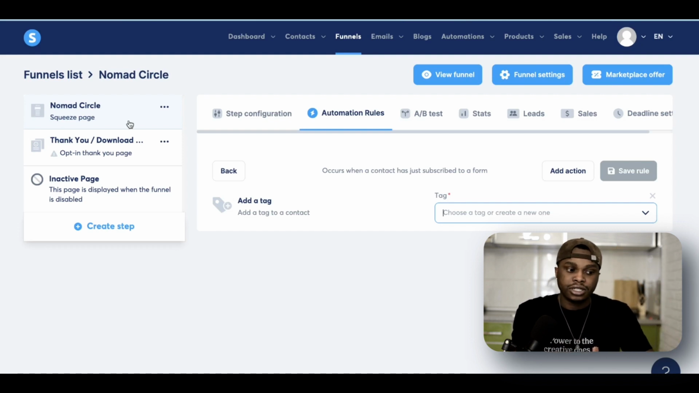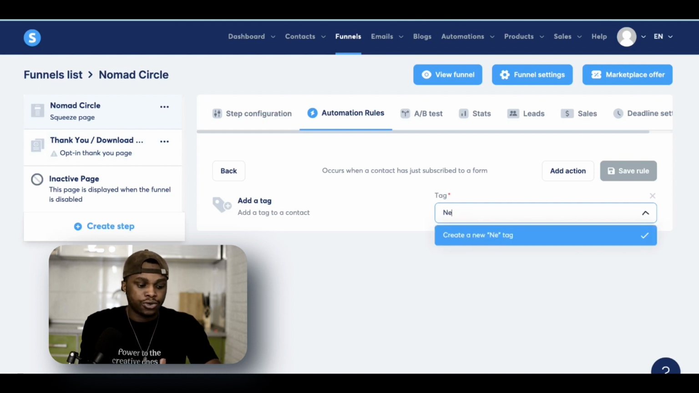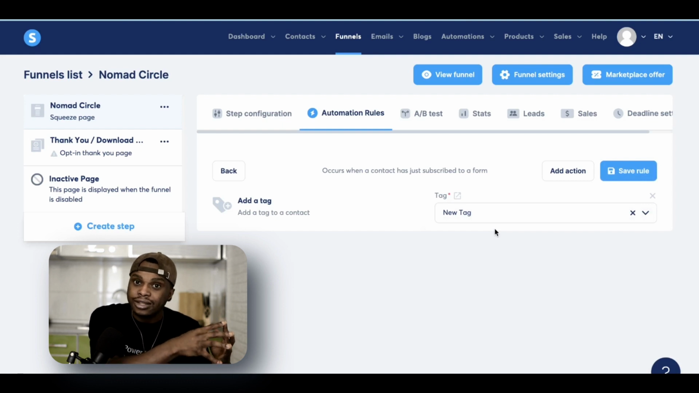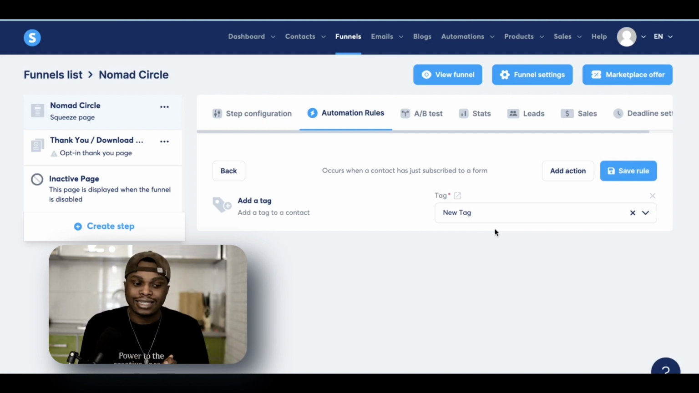When you come here, say for example, I want to add a tag to this landing page that I'm building right here. All I can do is just say I want to create a new tag. And I can just say create a new tag and boom, I have a new tag. So now I can create a new tag within the funnel settings itself without having to navigate to my tag settings, which I think is really clever because right now it just reduces the steps involved in creating